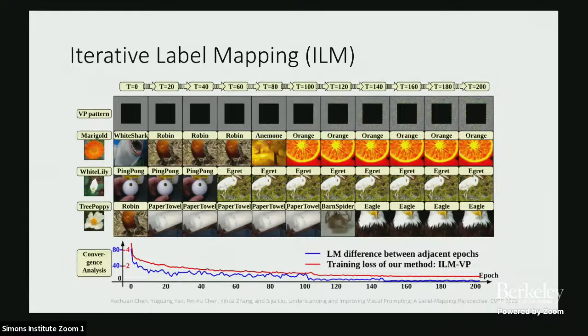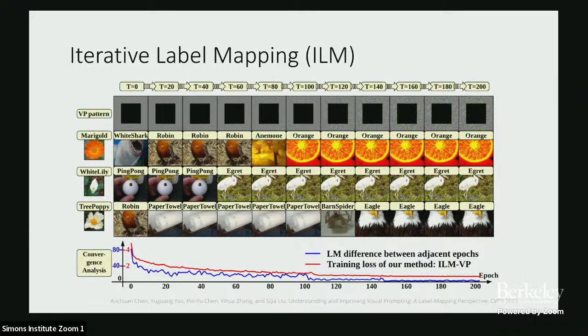So in the recent work, we also keep exploring the importance of this label mapping. In the recent work that we are going to present at CVPR next month, we figure out that the iterative label mapping is actually key to achieving high accuracy for model reprogramming. This is kind of the runtime example during training time. So given this target image, for example, a marigold image, we keep asking the model to find the best matching label from the source label space to the target label space.